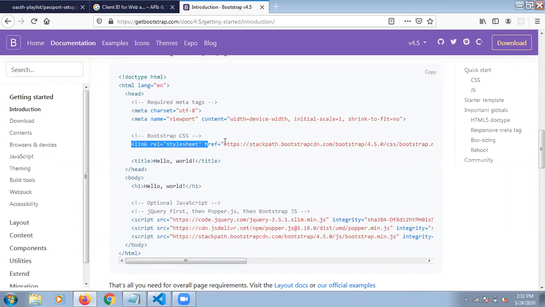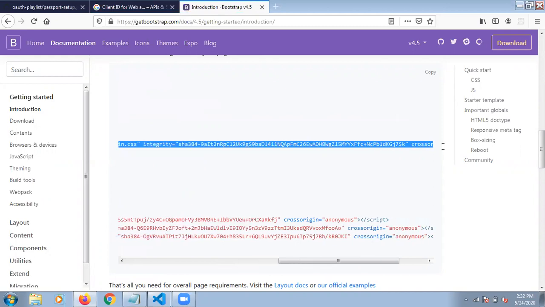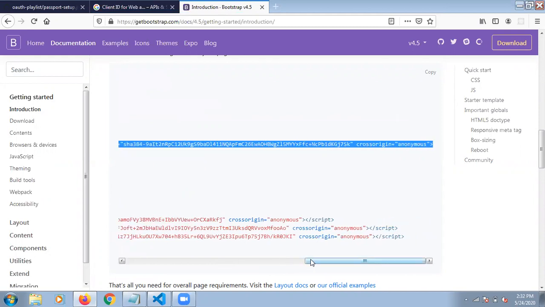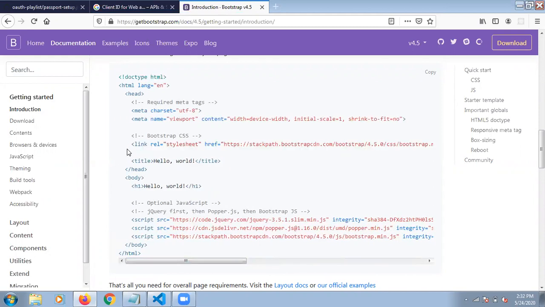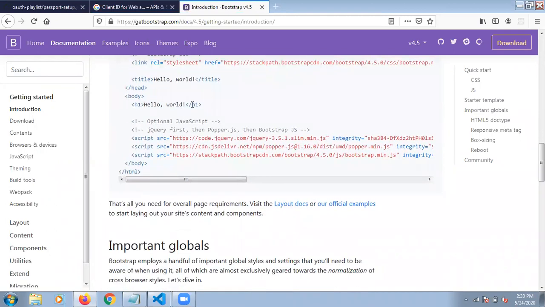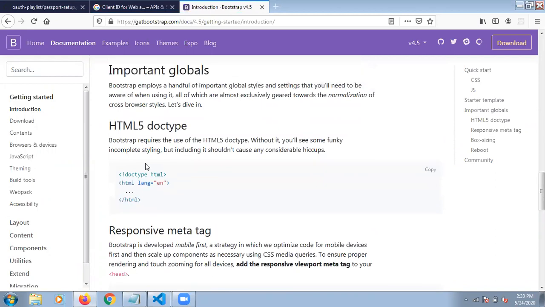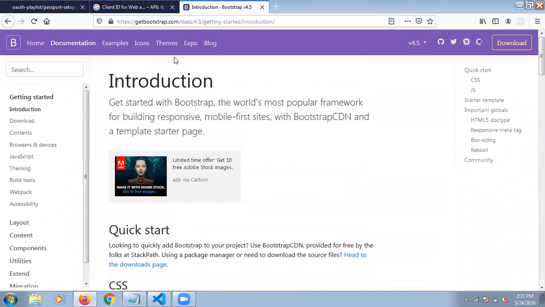There are script parts and link parts, which connect to the CDN file, the content delivery network, which brings the data directly from this CDN link value. Here he is just explaining something, but we are not going to explain everything about this. We are just finding the navbar because we are going to use the navbar.